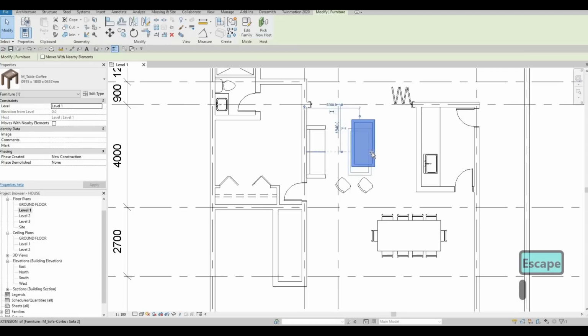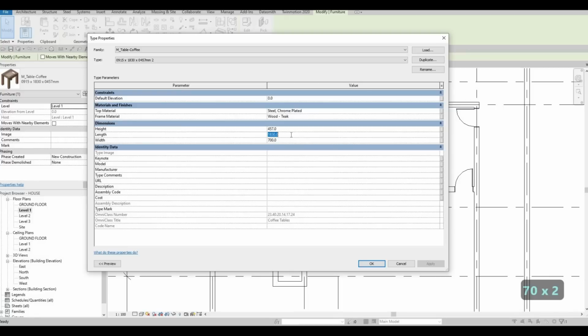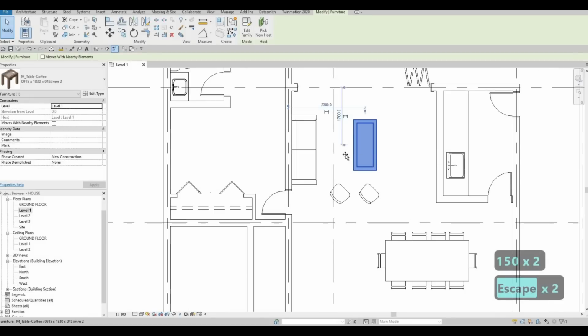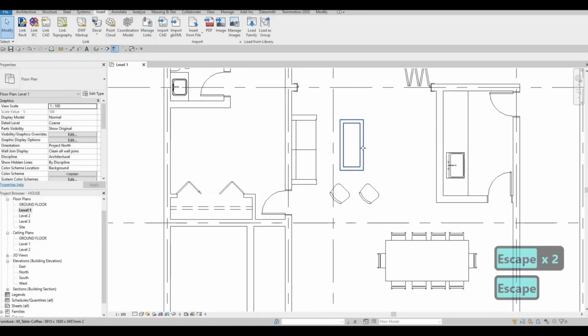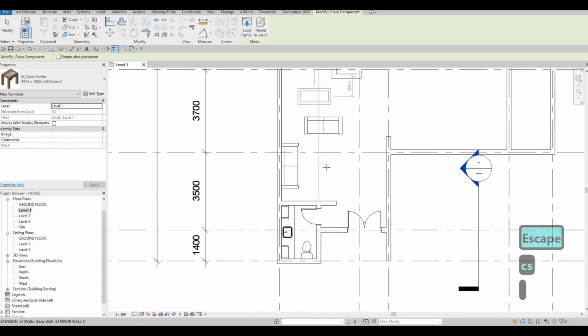I know this one is too big, so I'm going to edit, duplicate, and then here I'm going to change the width to 700 and then the length to be around 1500, and then press OK. So I think that's the perfect size for this area right here,